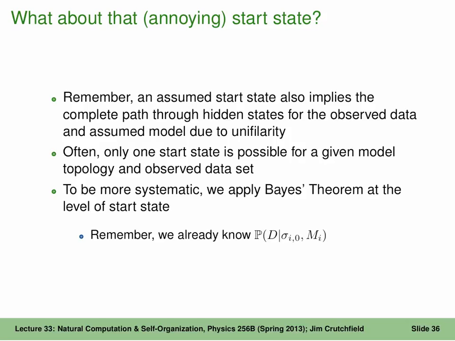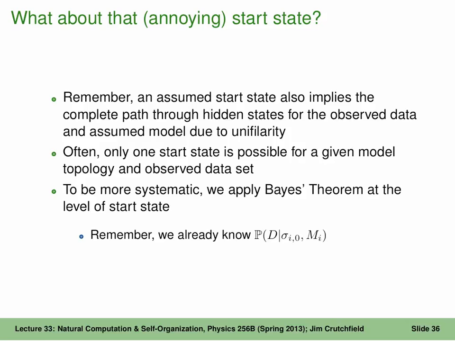Right? Because if you know the start state and it is a unifilar machine, and you have observed data, there's a unique path through there. Or there's either a unique path or there's not a path. And it's only because it's unifilar. So the start state seems annoying, but depending on what you're applying this to, it might be quite interesting. If the hidden states are something important and knowing which way you go through them is valuable, it's actually quite good. But we're going to want to, or we have to, in terms of being able to compare topologies